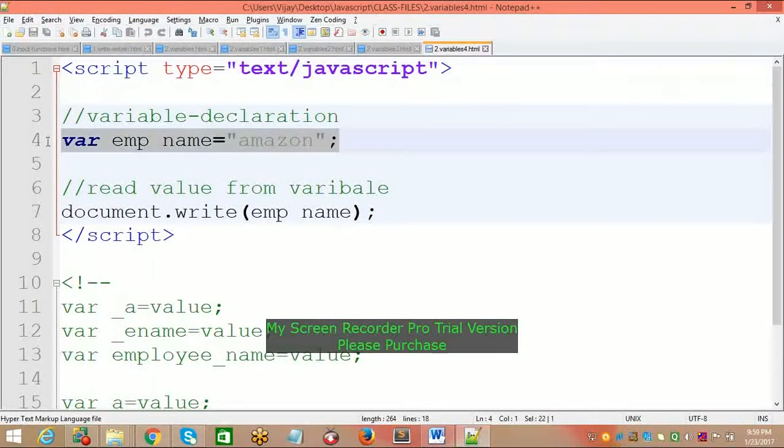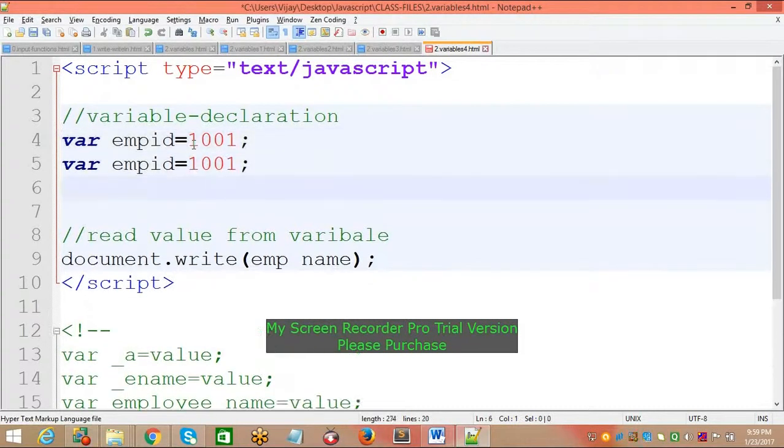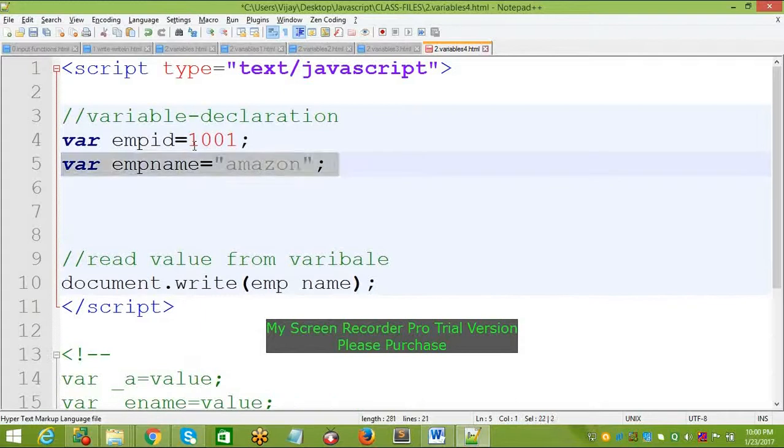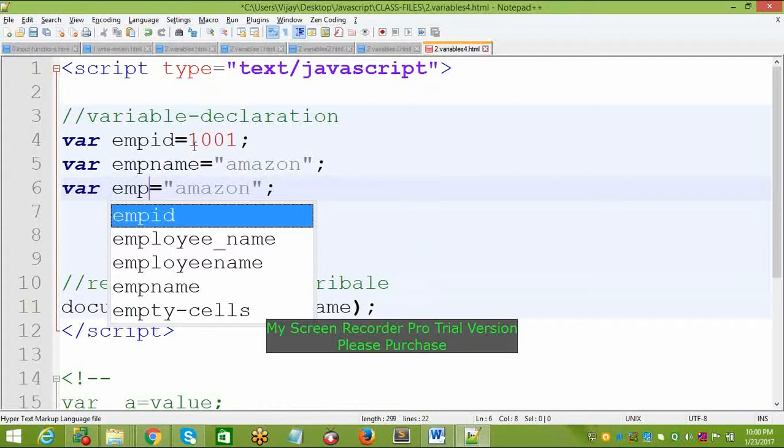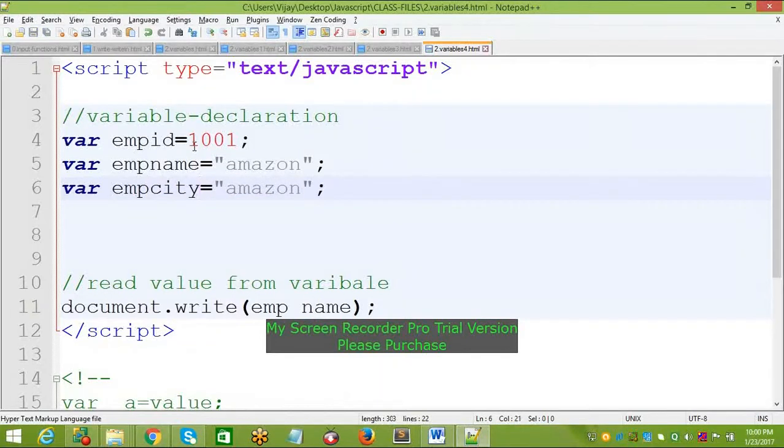I want to prepare the employee details: employee ID, which is a numeric number; employee name, which is Amazon; and employee city, which is World Wide Web.